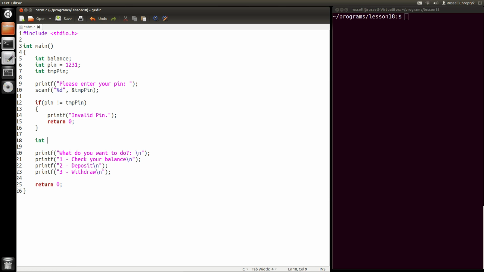So we're going to have a variable here called option, and option is going to have the option they chose. So we'll do a scanf, and we'll read in that value. Great. So we have this option now, and now we can actually react to what they've said. So we need an if statement. And our if statement is going to be, if the option is equal to 1,